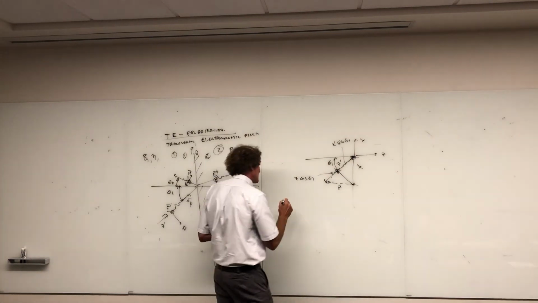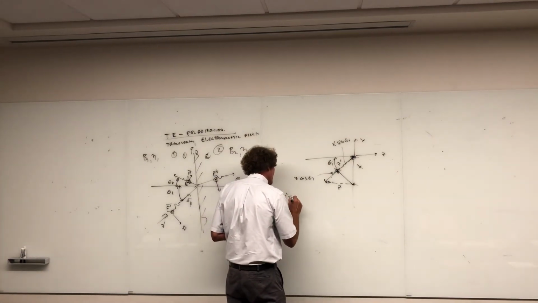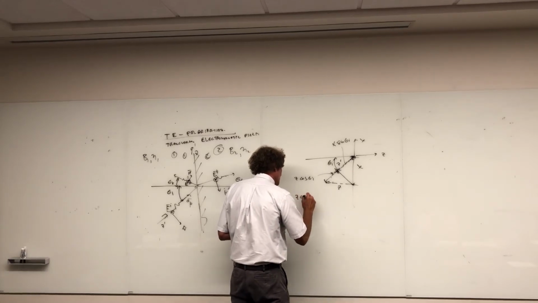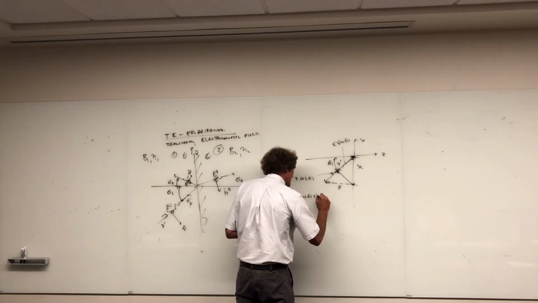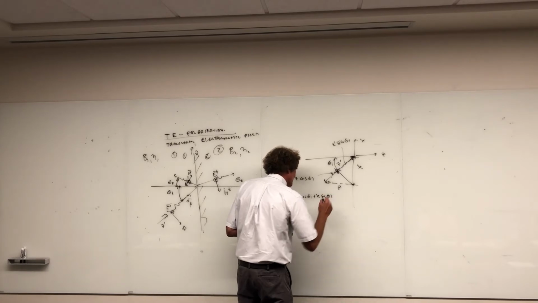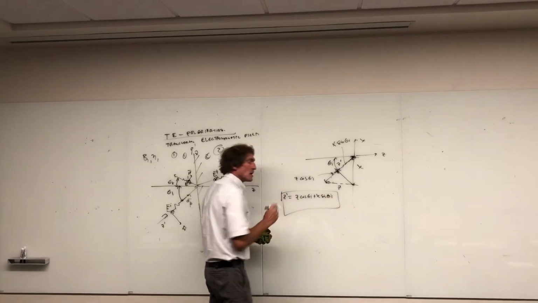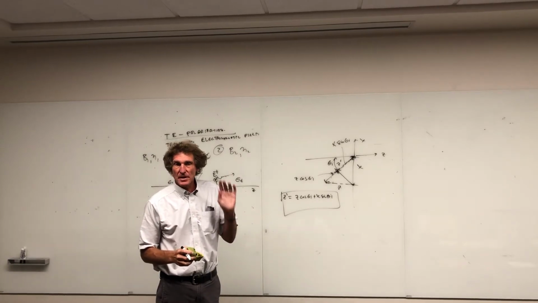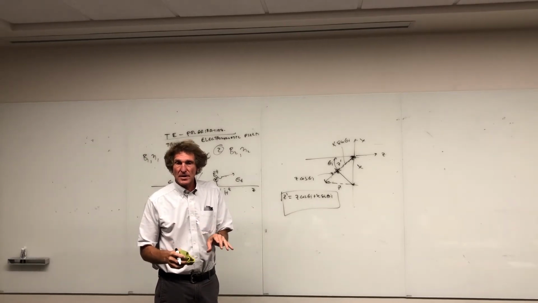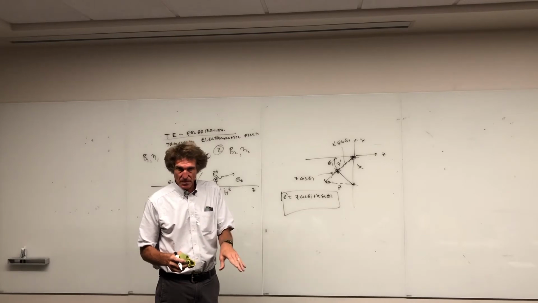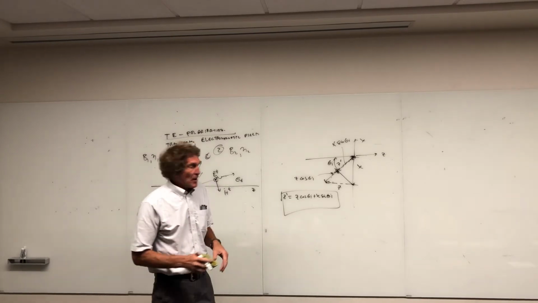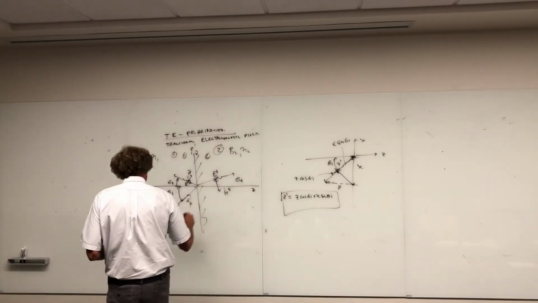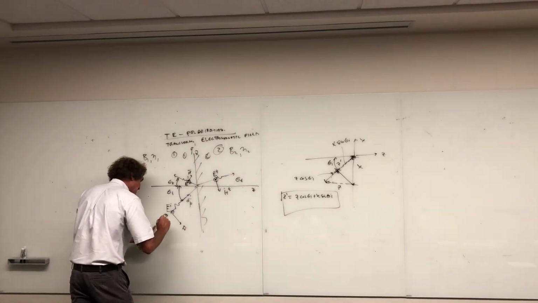That means my Z prime is equal to Z cosine theta incident plus X sine of theta incident. Now I'm going to tell you right now, it takes a while to look at this stuff to appreciate it. If you're not thoroughly convinced of that, you're not alone. Take some time to convince yourself it is true. I guarantee it. Now, a unit vector in the direction of propagation, right here, I'm coming back. A unit vector in this direction,